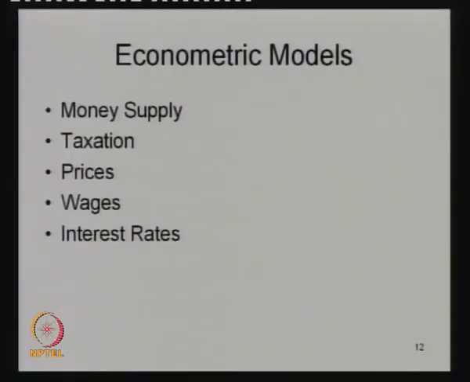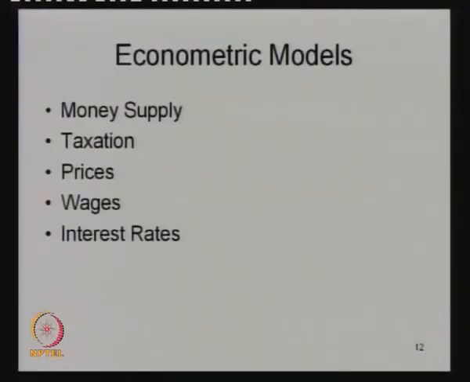Then we move on to the econometric models. When we talk about an econometric model, we say that the output from the economy, let us say GDP, is dependent upon certain factors like money supply, taxation, prices, wage rates, and interest rates. These are 5 broad things. There could be a couple of other things which affect the performance of the economy, and so one can have a relationship like an economic